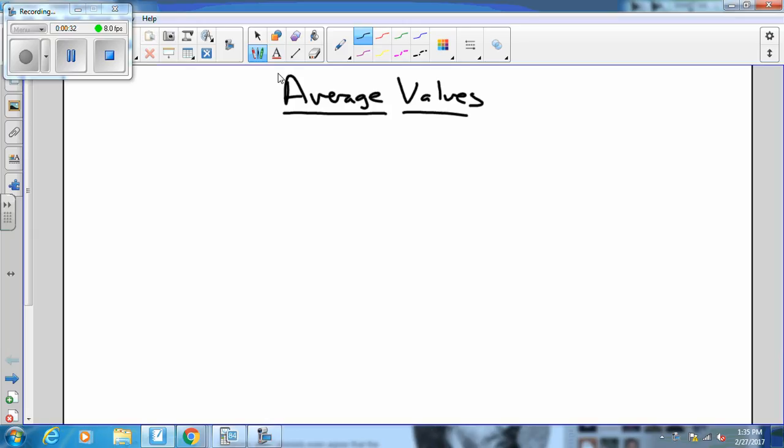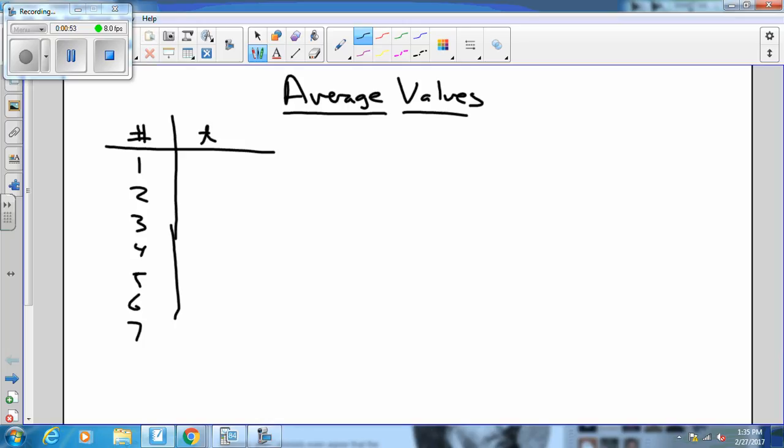For example, suppose I measure 8 different people and their running times. Or maybe the 40-yard dash. And we're going to make this a little unrealistic, but if I take person number 1, 2, 3, 4, 5, 6, 7, and 8, and then I measure their times, and they come out to 10 seconds, 9 seconds, 10 seconds, 11 seconds, 12 seconds, 11, 12, and 9 again. And I ask you, what is the average time